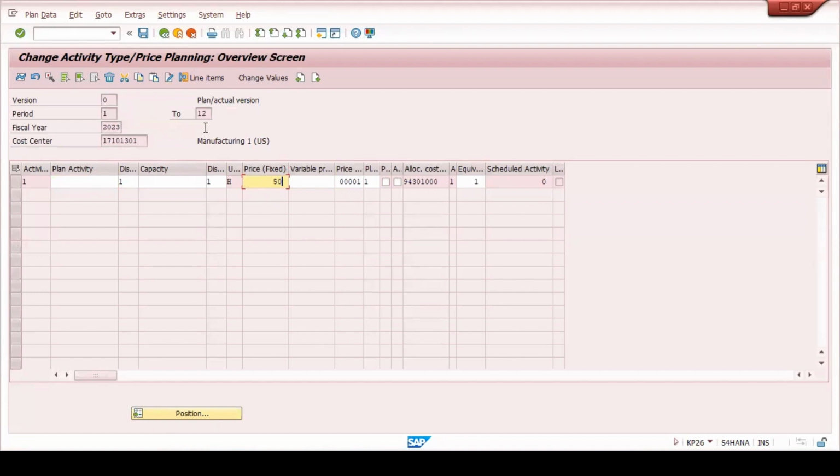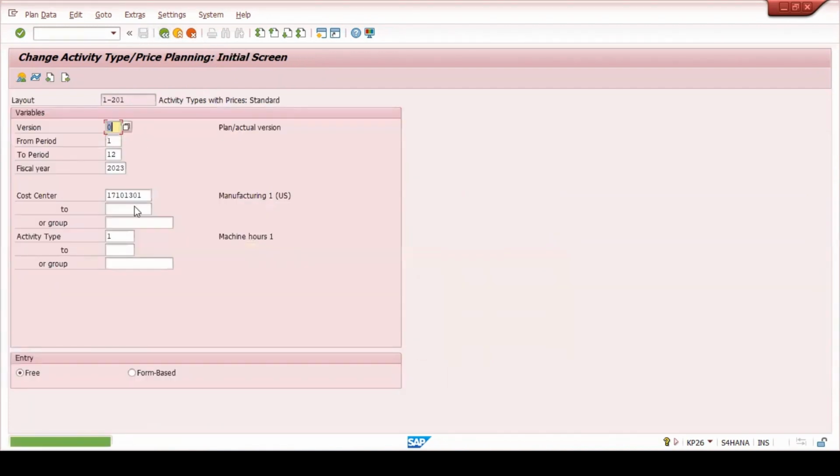This is a one-time activity. It will be the responsibility of your costing team or the CO team how they would like to maintain it, on a weekly, monthly, quarterly or yearly basis. Okay. Similarly, you can maintain the activity for